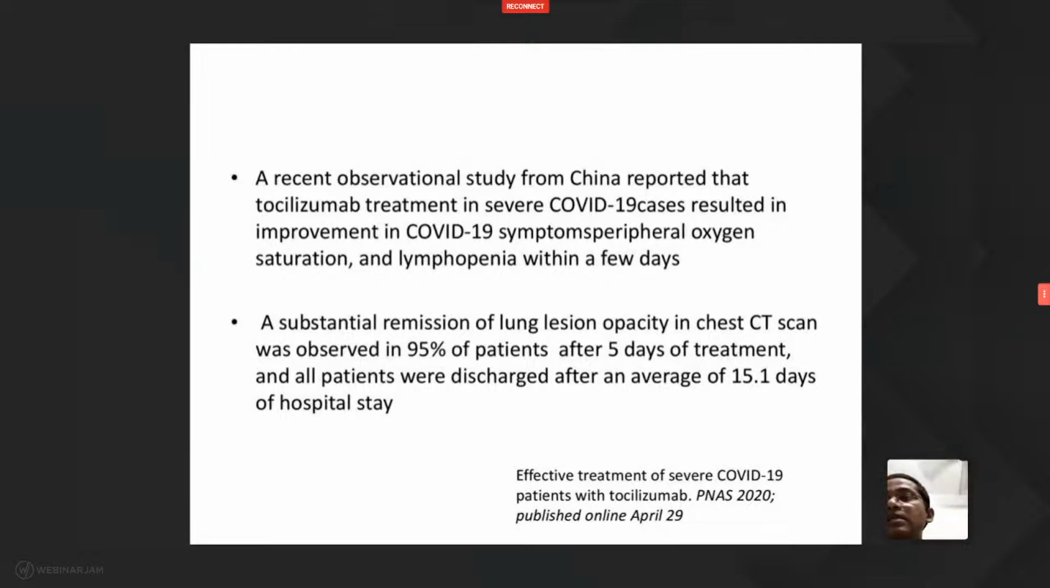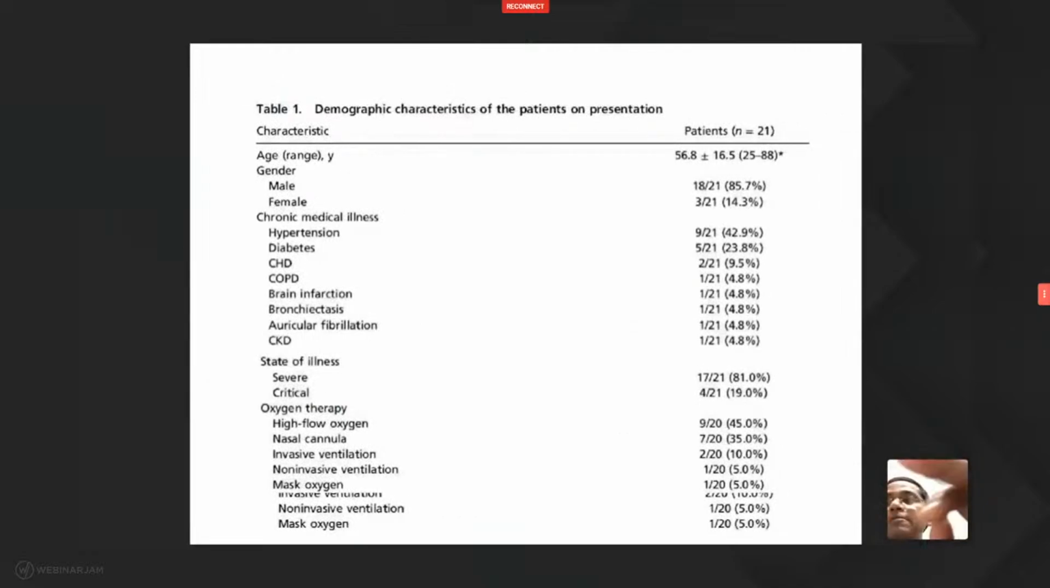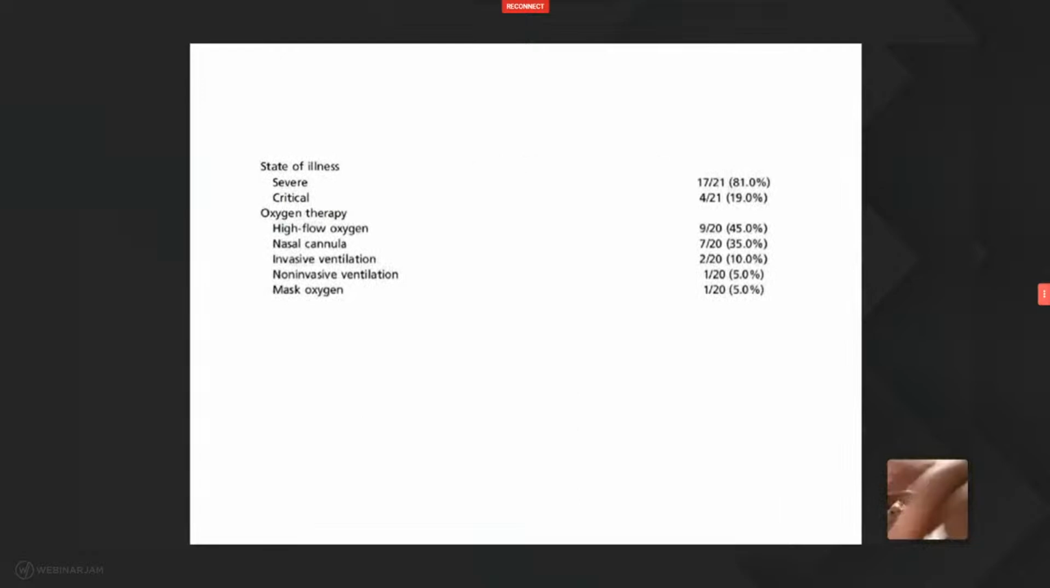In this study, the participants were 21 patients, and the mean age was 56 years. Most of them were male, and comorbidities were also present. 81% had severe disease, and 46% were on high flow oxygen, while 10% were on invasive ventilation. Most of them had severe disease, that is 80%, and